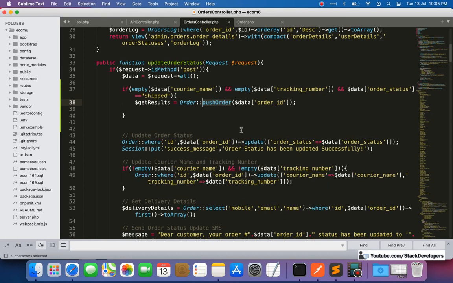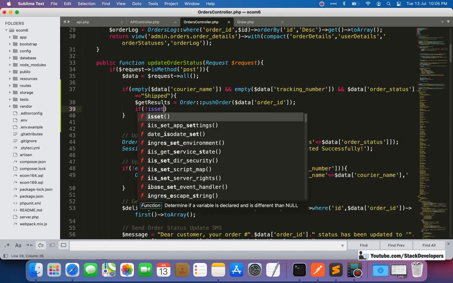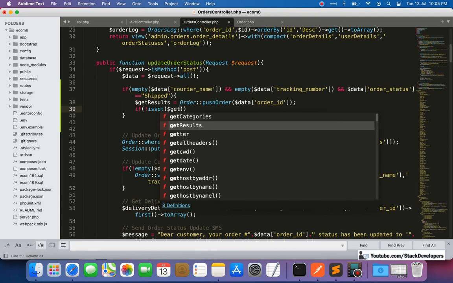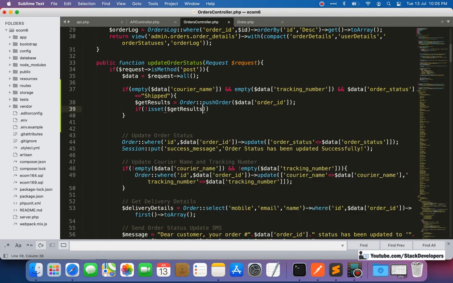Whatever result comes here, on the basis of that result, suppose there is no result, or the result is coming but the status of the result is false.